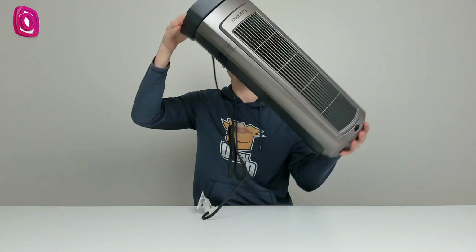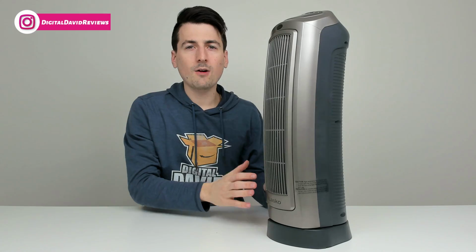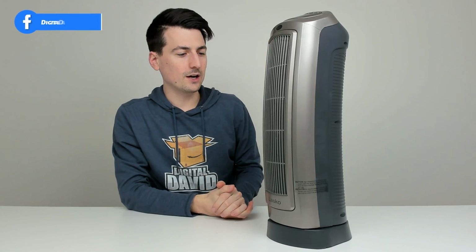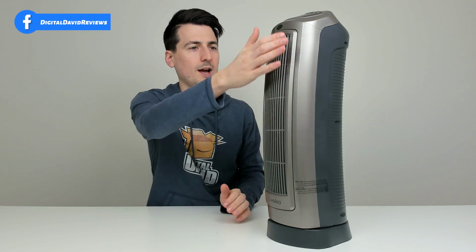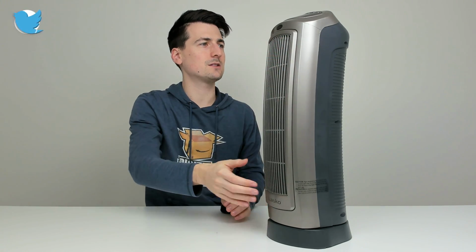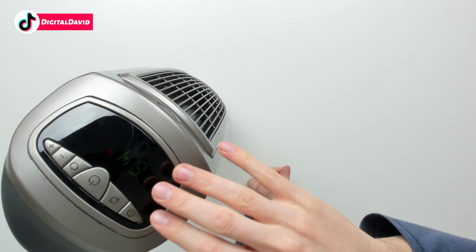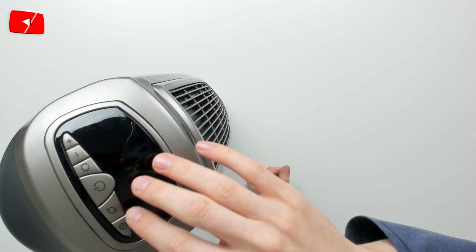Now let's go ahead, let's power it on and try it out. All right, so you can see we got the heater plugged in. Let's go ahead, let's power it on. There we go. Everything is working great. It's already starting to blow out some nice warm air. Let's go ahead, let's turn on the oscillation right here. It's that simple, of one press of one button, and it's gonna start oscillating to help spread that heat around the room. It's too hard to see on the camera due to the glare of the screen and the camera